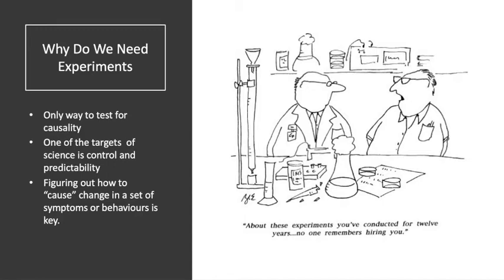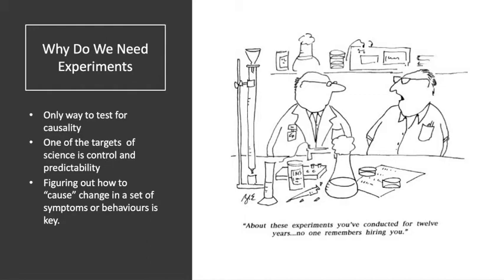So why do we need true experimentation, where you can actually randomly assign people into conditions? Because it is the only way, it is the best way that we have as a scientific community to actually test this thing we call causality. Okay? It is the only way, especially if it's an experiment done well, that really controls for all the confounds or all the noise. If it's an experiment done well, and there's true assignment or random assignment into conditions, then